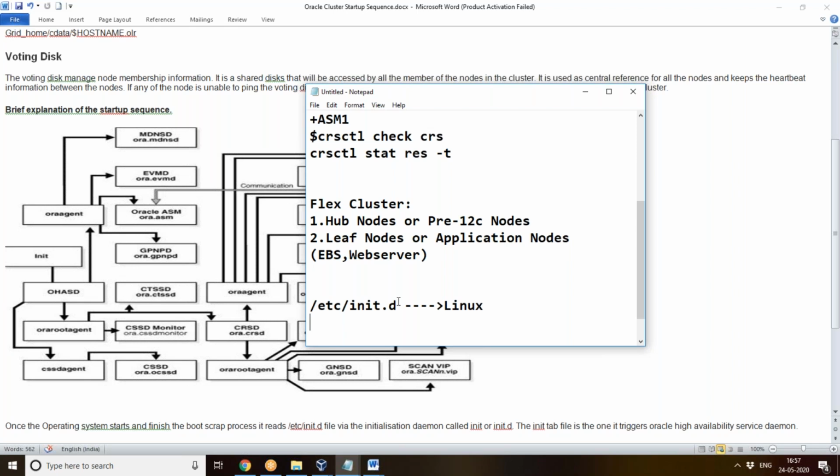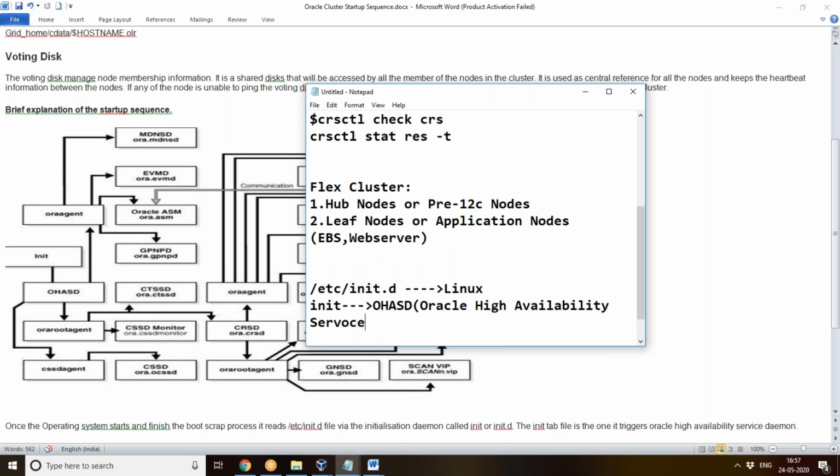This init will start the OHASD. OHASD means Oracle High Availability Services Daemon.